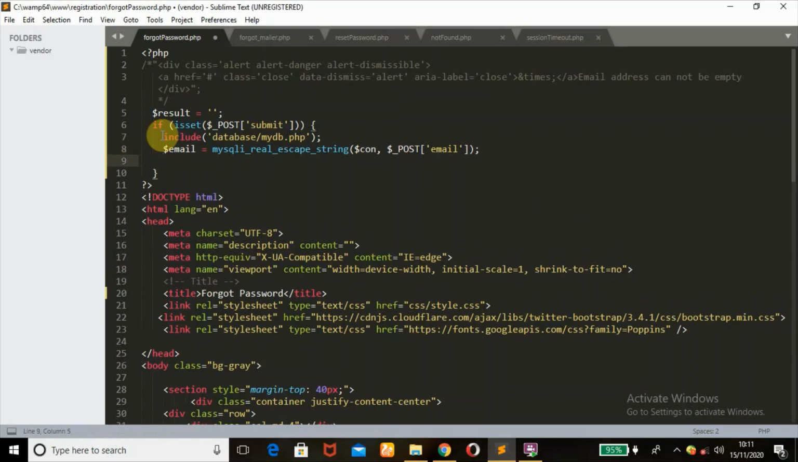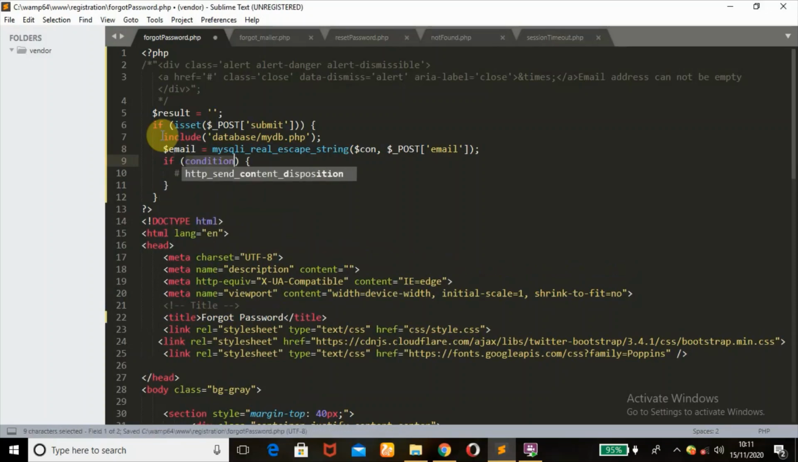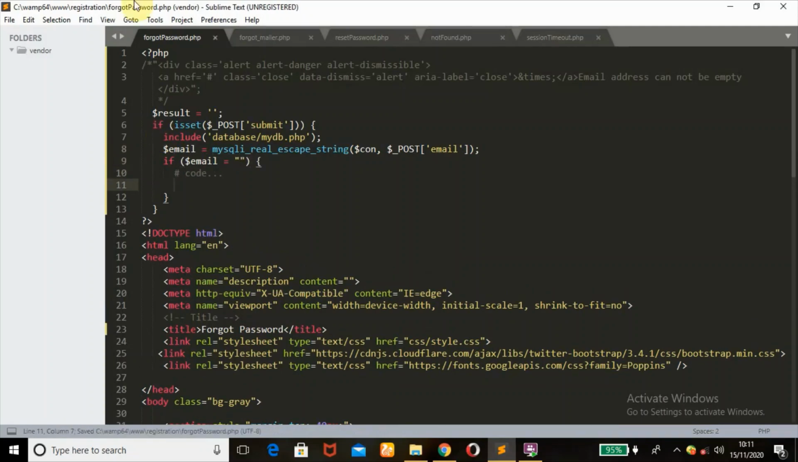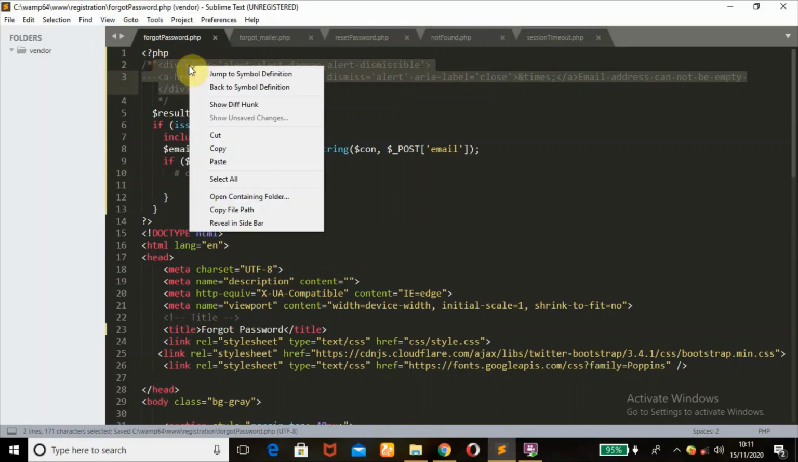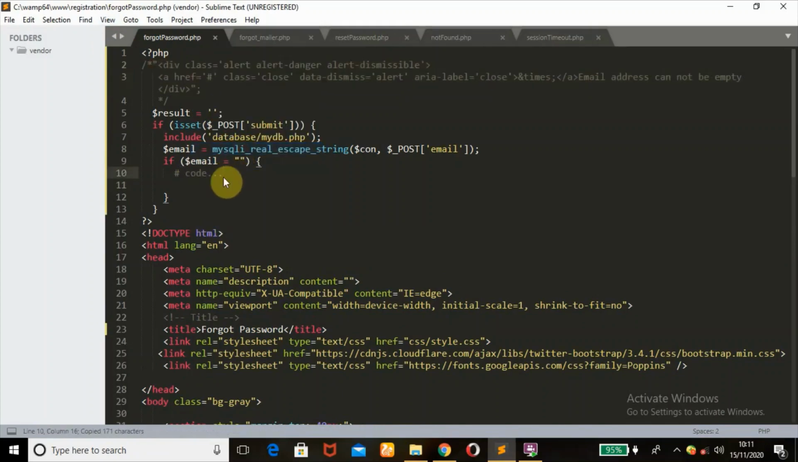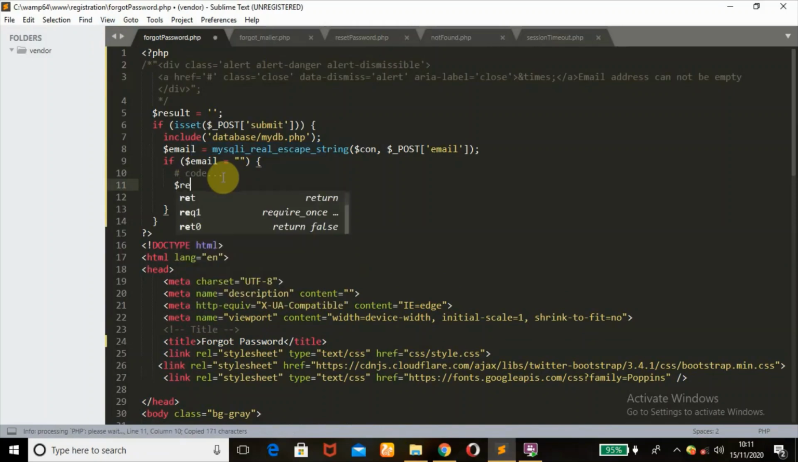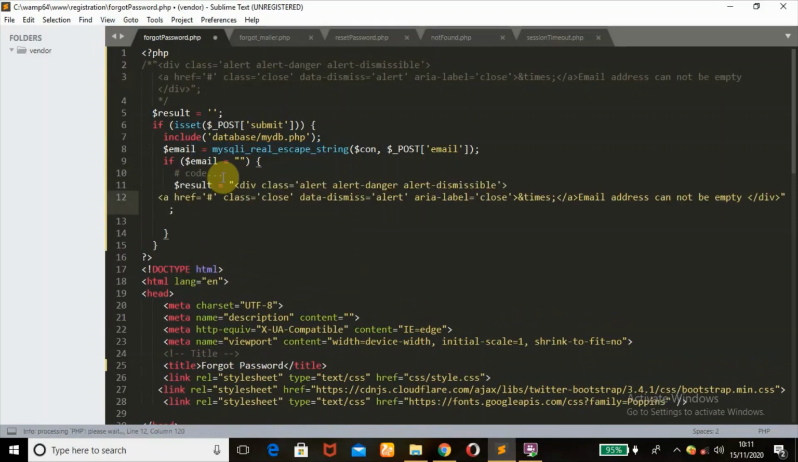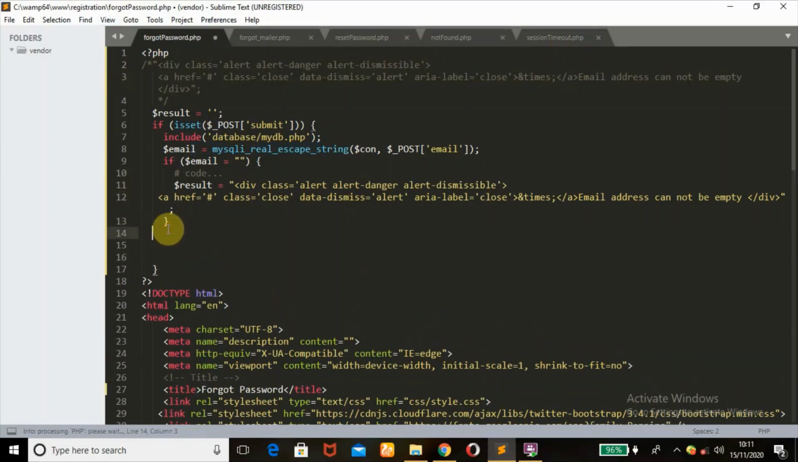All right, I want to check now if the email variable is empty, if the user didn't enter anything and is trying to submit. I will use this Bootstrap div class and append that there. So if it is empty, show the message: email address cannot be empty. Else,